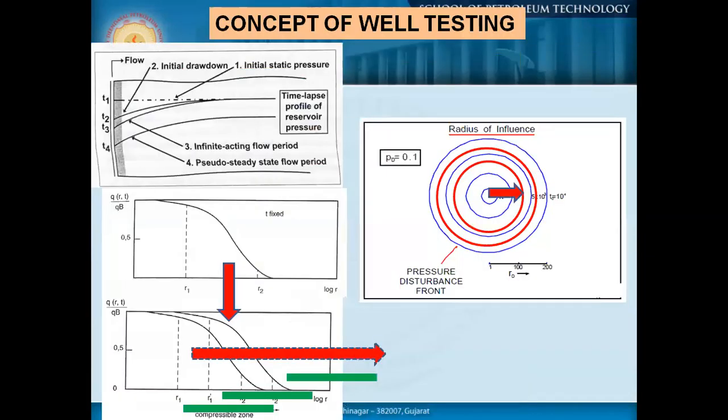This diagram. Okay, so what is there? So you can understand now what is happening. So now for different situations we try to understand the pressure response with time. Okay, so pressure response with time, that means how the pressure is moving. So we discussed the compressible zone, what is happening, depending on our radius and time,